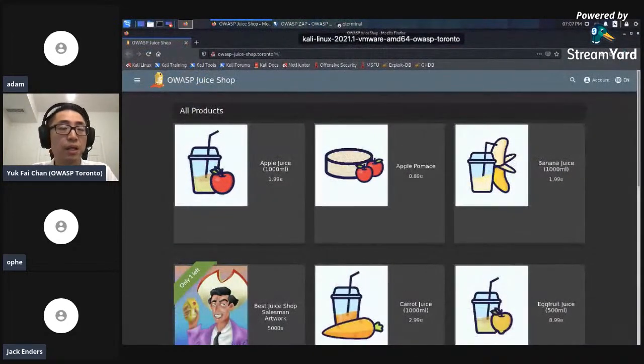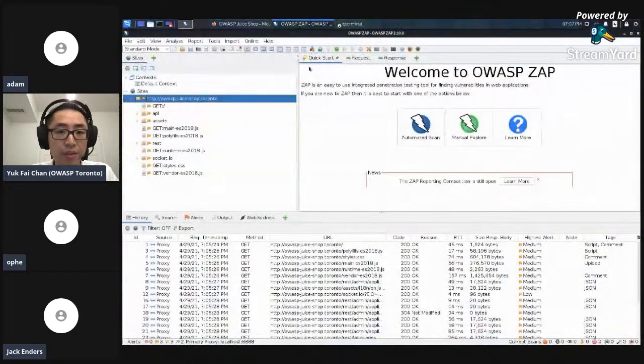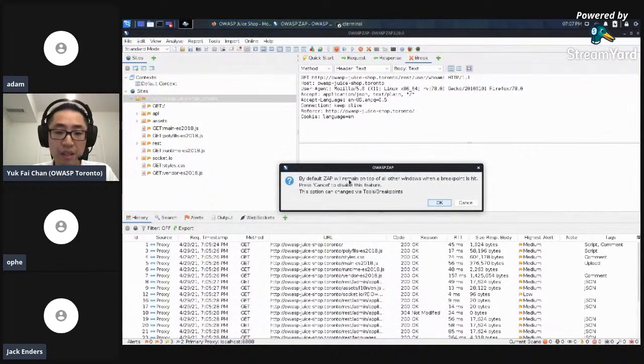Just one other thing I do need to cover is the break and request editor. So let's say I want to intercept a request that is coming from a browser and modify it on the fly. How can I do that? What I need to do is go into this interface to set a breakpoint. Now that it's been turned on, any request that comes from the browser will be intercepted by ZAP first. So if I click on it, ZAP has already known that a request has come in, and then it prompted me